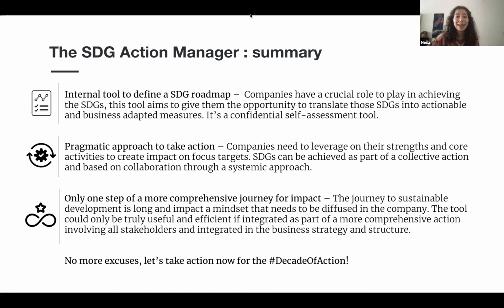that I'm going to have now showing. And in the poll, the question is about one of the questions that you can find in the SDG Action Manager in the baseline model itself. So now you should be able to see it on the screen. And the question is, does your company do any of the following to incorporate social and environmental performance, including human rights, in its decision making?